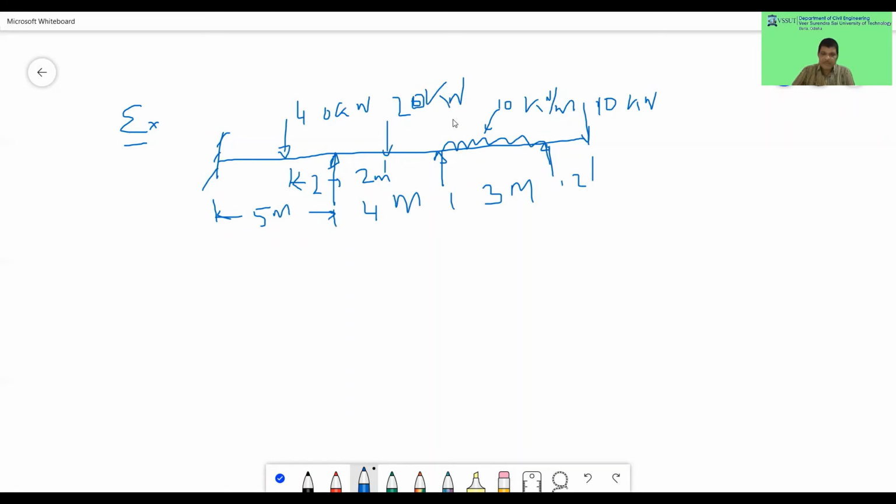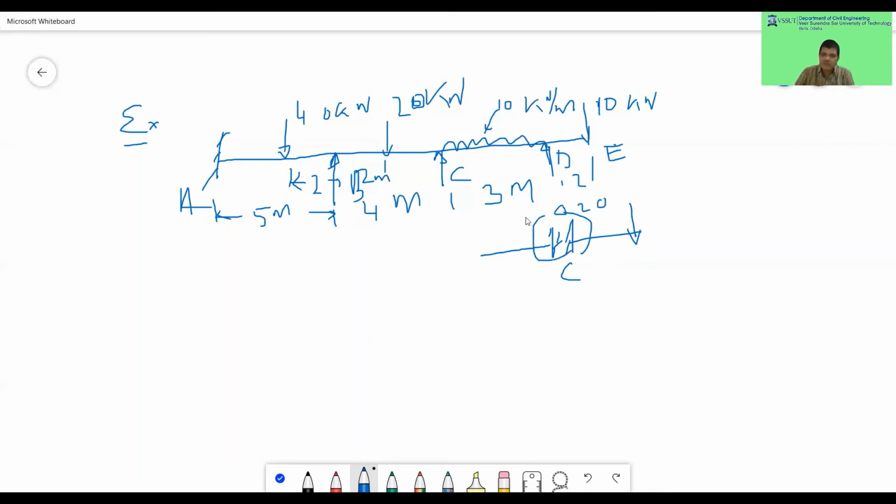In this problem, what will happen? Here you see the moments at A, B, C, D. Let's give the names A, B, C, D. What is given here? The condition that MDC is known here. What is the value of MDC? As I have told, it will make this like this, and this is like this. And this is joint C. Okay, this is a load here. So 10 into 2, 20 will act like this here, 20 kilonewton meter.